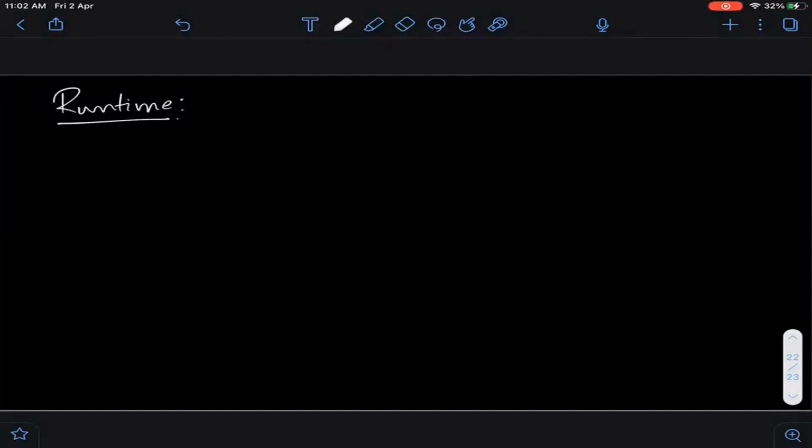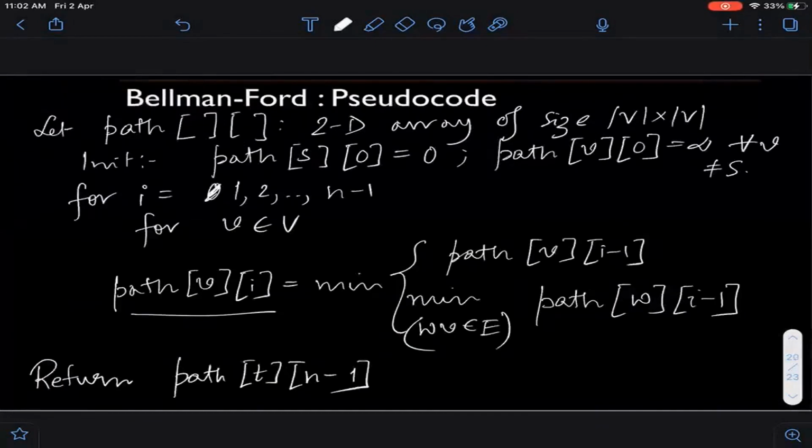Okay, so there are a lot of answers, which is okay. So the answer one was order v cubed. Okay, actually let's go back to the pseudocode. Okay, so one answer was v cubed, and let's see why he said v cubed. Typically, I find the easiest way to decide on the running time of a DP is how many entries are there, because I'm filling up all the entries at the end of the day, और हर एक entry के लिए मुझे कितना run time spend करना पड़ रहा है.